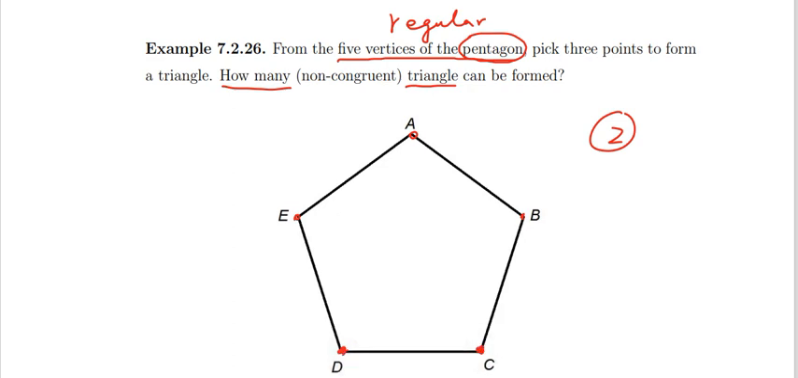Then we check, let's say, BD. For BD, we can pick E, like BDE, or DBE or DBA. But the DBE and DBA are the same. So here we have only 1. And if we check DA, if we pick DA,